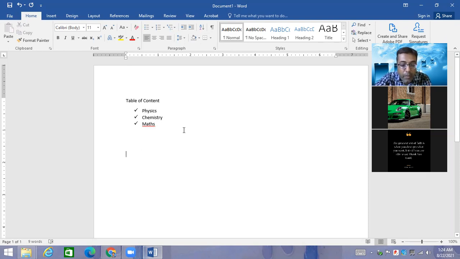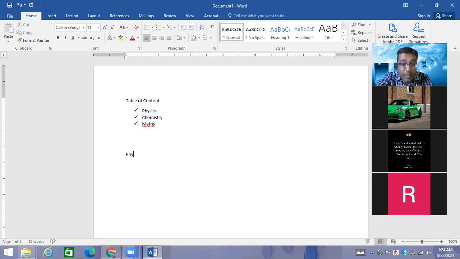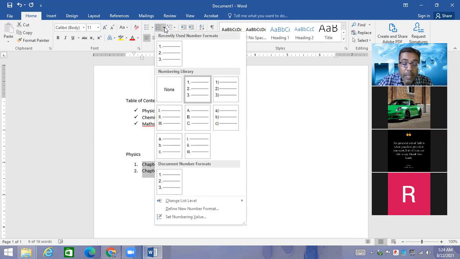For example, if you are saying that this is physics and this is chapter 1, and this is chapter 2, and now you want to apply numbering on these titles, so you can take the numbering in decimal numbers. Even you can take in lowercase, in uppercase, in Roman numbers, in decimal numbers.